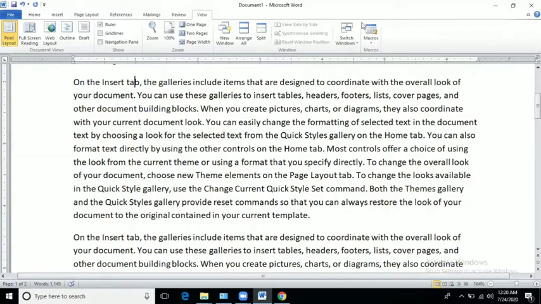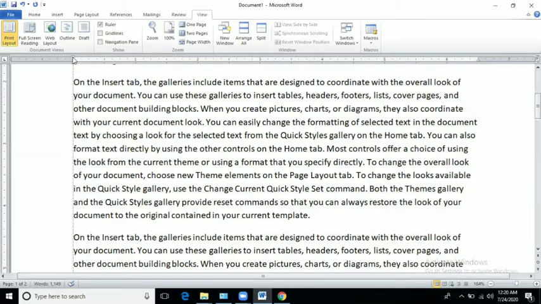So here you can see in this one, three indents are here. The very first one is the first line indent marker. The second one is for hanging, and the bottommost is for left indent. So by using this, we can provide the indent. The first one is first line indent. As the name indicates, we want to provide space for the first line. We want to set indent for the first line.